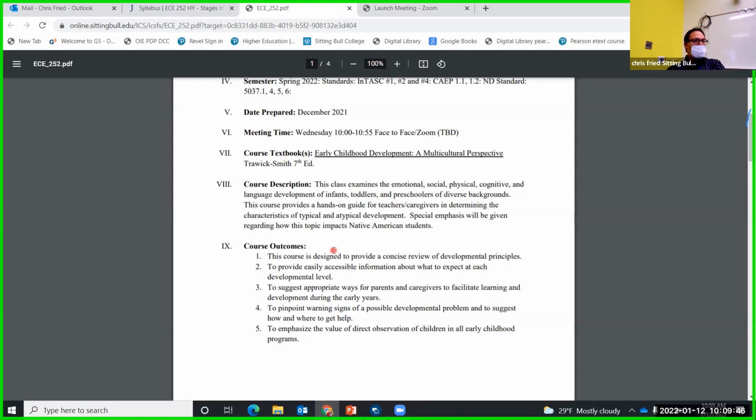You could be a teacher, work at a preschool, work at Head Start, or start your own daycare. There's a whole bunch of things you could potentially do. We're also looking at typical development, and also atypical development, meaning something that's not considered normal, and what that looks like as well.